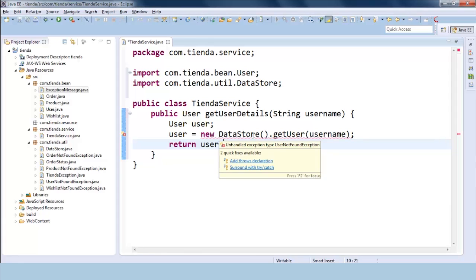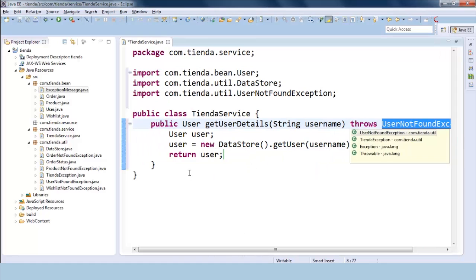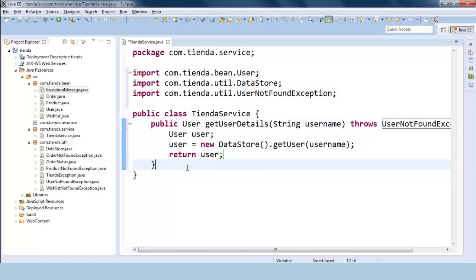Since the data store method throws an exception, we will add a throws clause to this method. At this point, we do not intend to write a try catch block inside this method to handle this exception. This is our first business service method, which, given the user name, returns the details of that user in a user object. Another business service method that we will write